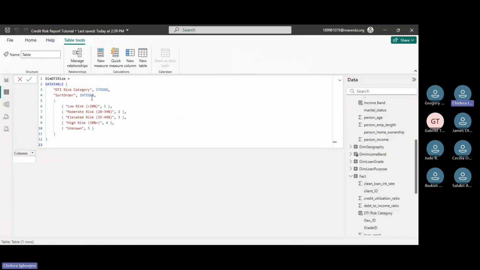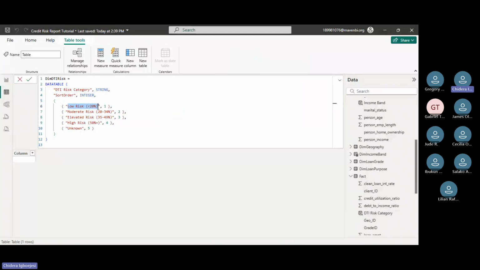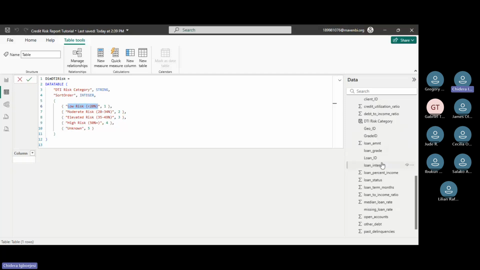I want a column for sorting where I would have numbers ranging from 1 to 5, and then have my DTI risk, which is a string, which is what I want to be seen on, let's say, my axis pane, and it must be the same as what I have in my DTI category. So I'm just going to save that